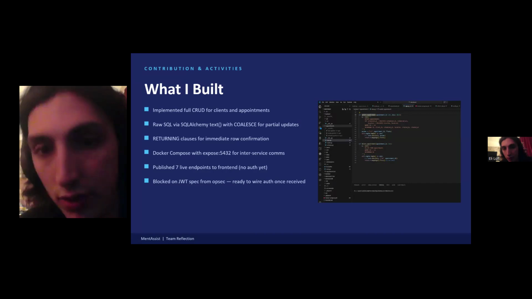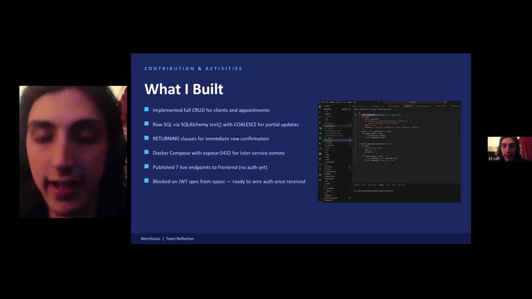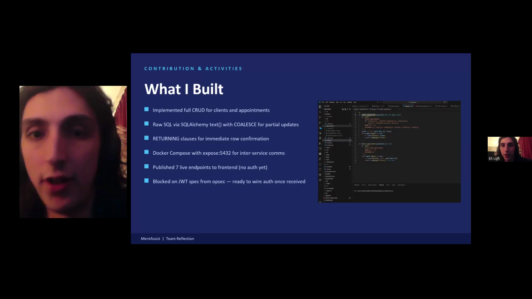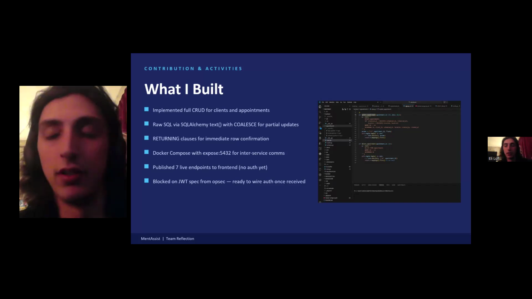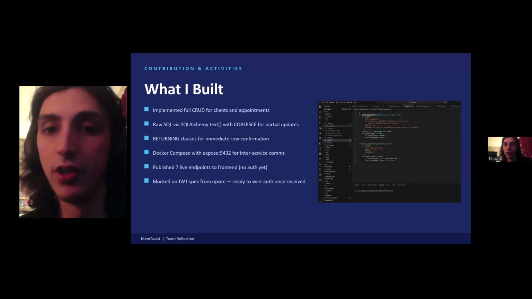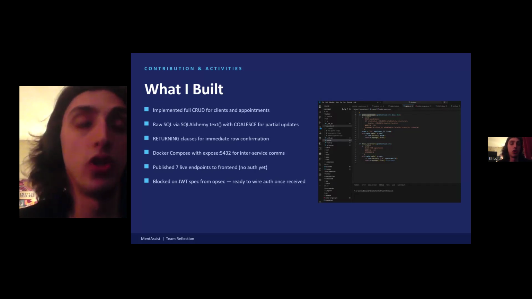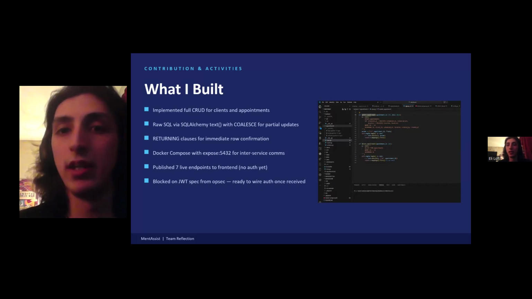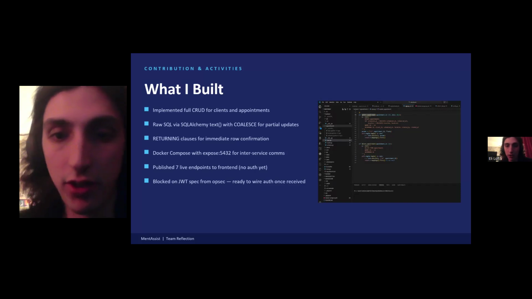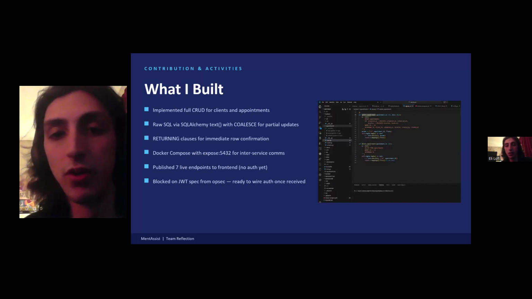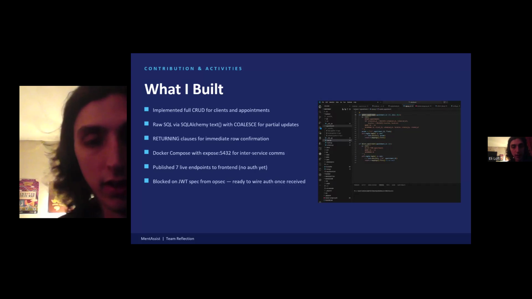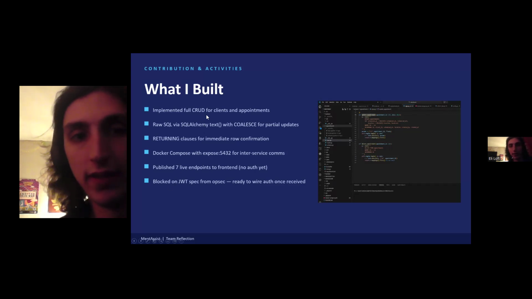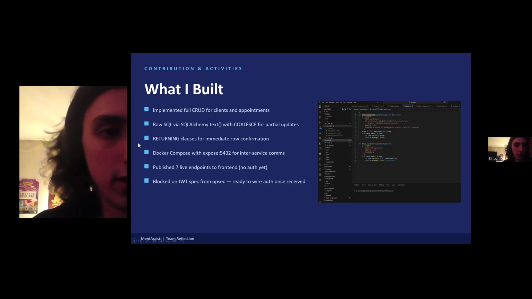What I've built, if you look over on the right hand side, that's my VS Code and the terminal at the moment. We mostly worked on the appointment and client modules so far, and we just put the user modules up after. We have the server set up and Docker is currently set up, so we are pushing that to front end currently. And it'll have the full list of CRUD on the next slide.